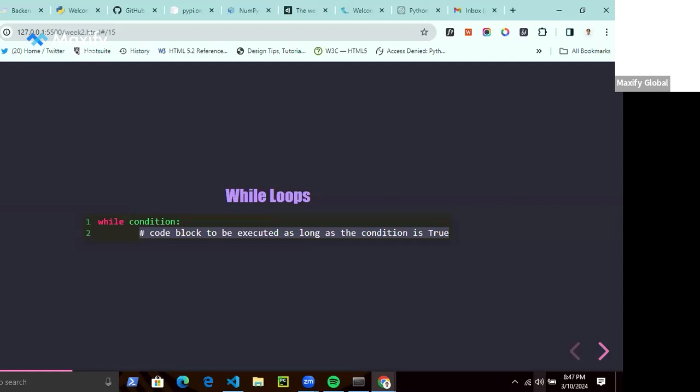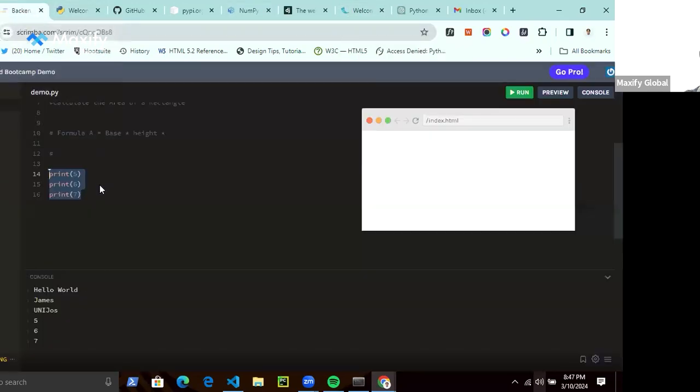So when you have a condition, you have to find a mechanism to make sure that the condition evaluates to false. So let's take a quick example of a while loop. Now I have, for example, i equals 1. This is my counter variable, and then let me declare a while loop.